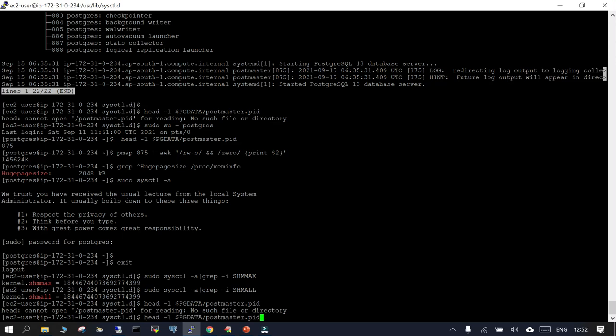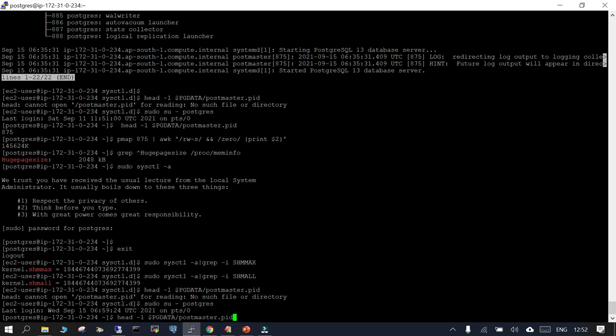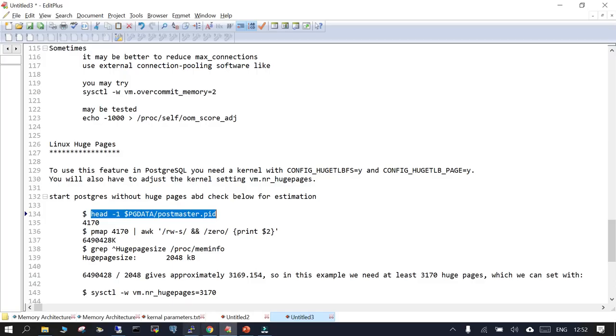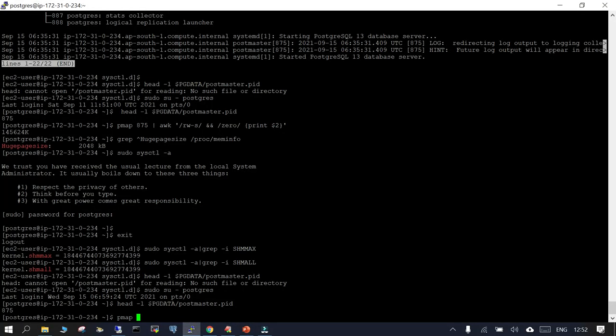Let me switch to the Postgres user. And you simply say head -1 $PGDATA/postmaster.pid. Then it will show you the parameter, and then using this parameter you can calculate